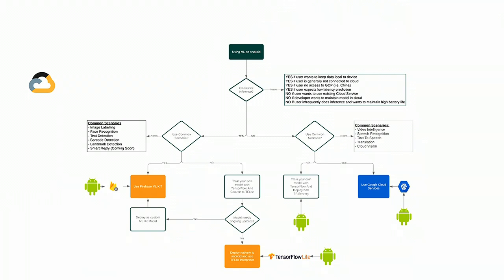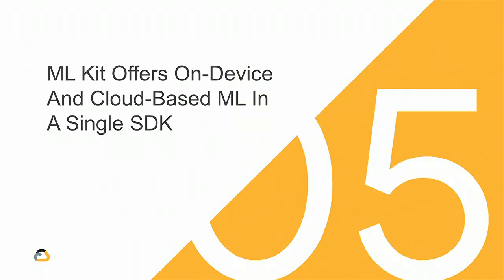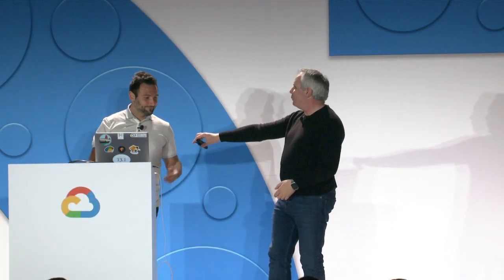So if you want to run inference on a mobile device, there are a number of scenarios. Maybe you want to have it connected to the cloud to do your inference. Maybe you want it disconnected from the cloud. Those are the things on the left side of the flowchart. Ditto on the right side. If you want to use Google services, or if you want to host your own models, those kinds of things. But we also have an offering that Ibrahim's going to talk about that gives us both. Ibrahim would probably be best to explain it with ML Kit.